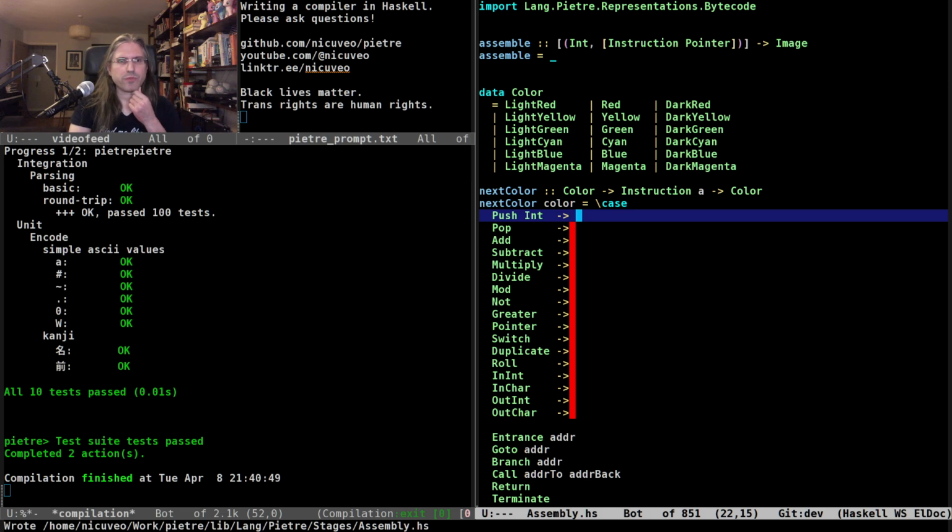And here's where we're going to need to encode the translation, because it's not just a matter of increasing an index in the thing of the color.